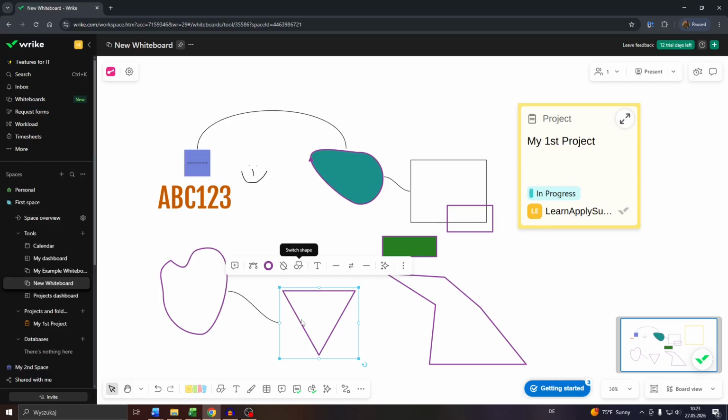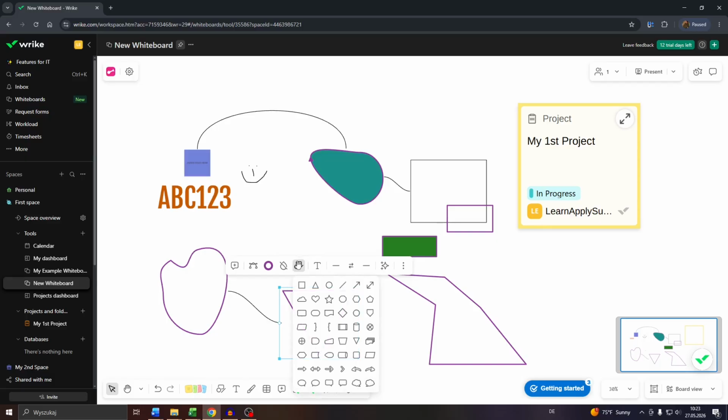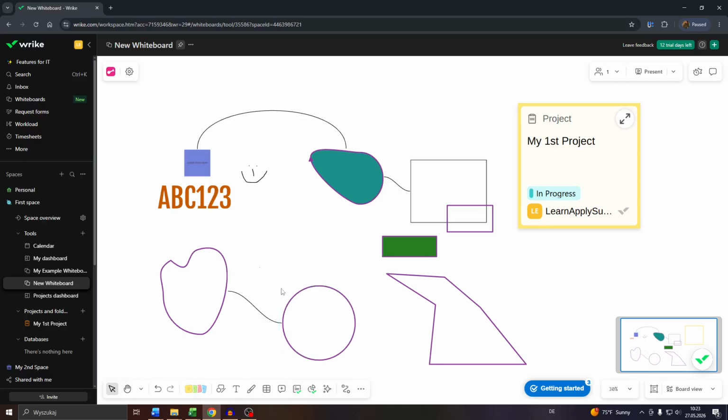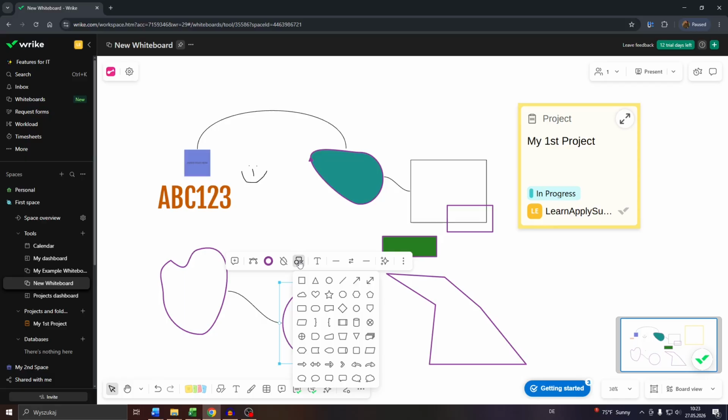What you want to do is left click into it and choose the switch shape tool here at the top. And then select the shape you would like to apply. So it was a circle, click into it, and that is going to change or transform the triangle into a circle. You can do that again, click into it, select switch shape, and then let us go with, I don't know,